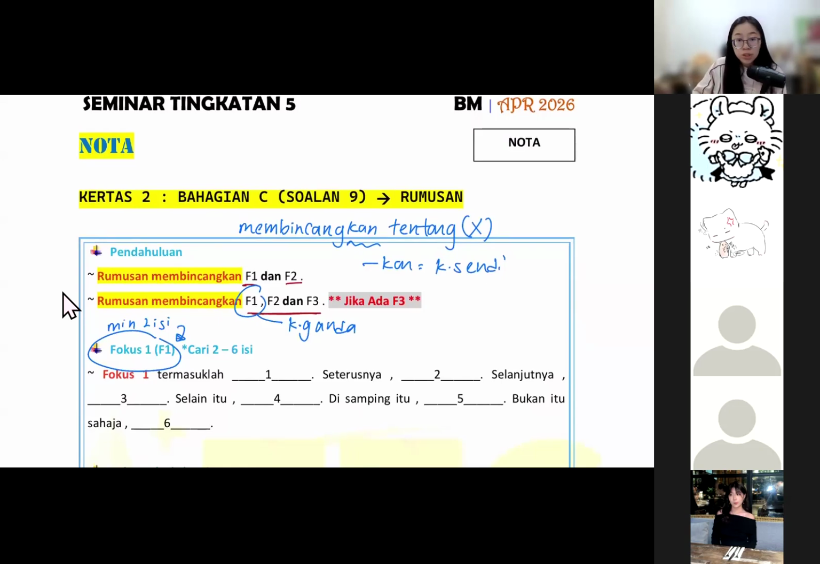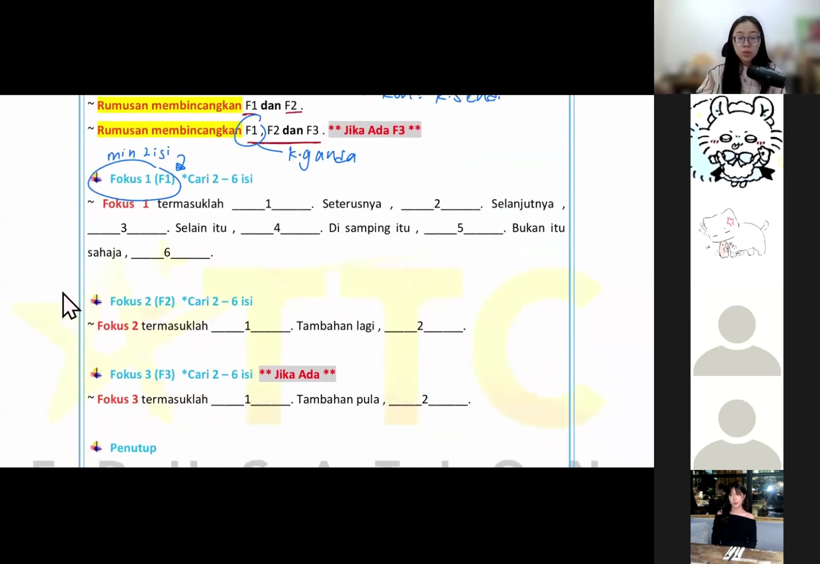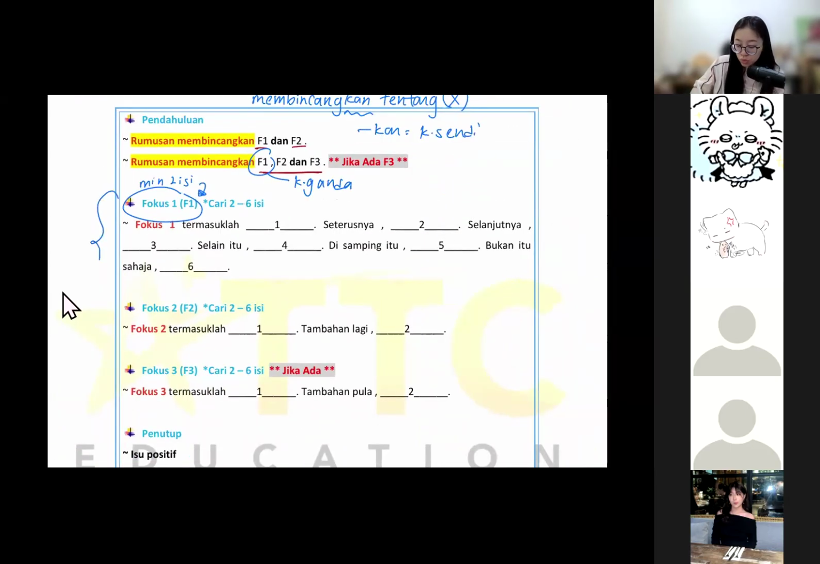Now the questions are very tricky. How tricky? They will give you one isi. And then you think this is your focus. You write it in your answer, but then only one isi is not counted as your focus. This one is very tricky. And then total, plus together, no matter if it is two focus or three focus, plus together,